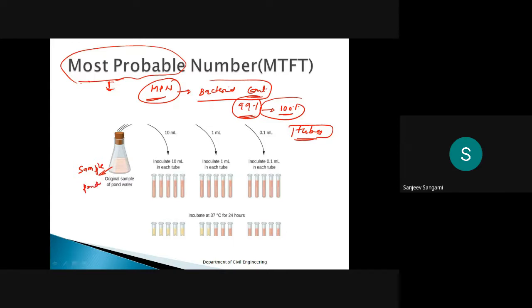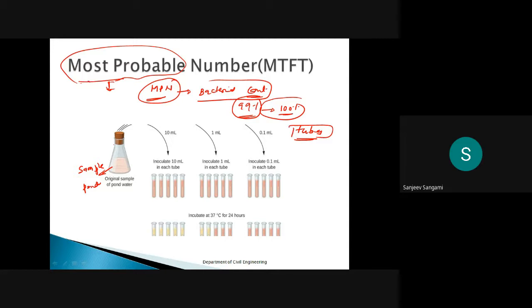Sample from the pond. The same sample that you used for the previous plate count, you can take it again, not a problem. Whatever sample you used for the plate count, the same sample you can take for this test also, so that you can observe what difference you get between that plate count test and this.